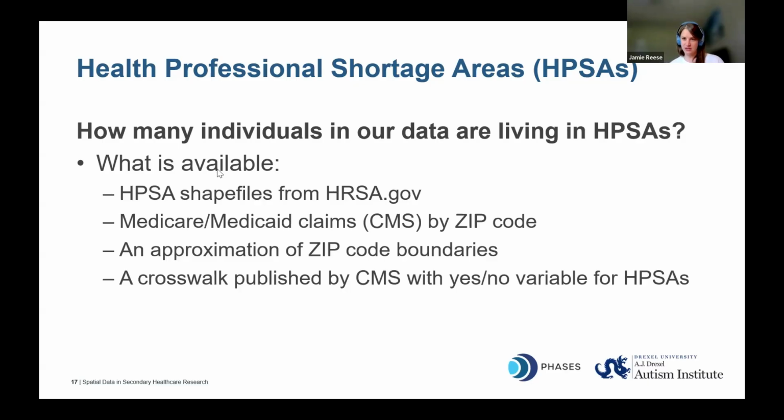When we looked into their documentation, we found that that crosswalk, first of all, is used to determine eligibility for a physician bonus program. So we know that any decisions made there are toward the end of being usable for that program. And we know that a zip code in that data is going to be flagged based on the county that it falls within or mostly within. This means that we need to accept either how they did the spatial join or how they did a series of table joins from zip code to county and with some indicator of whether the county is within a health professional shortage area.